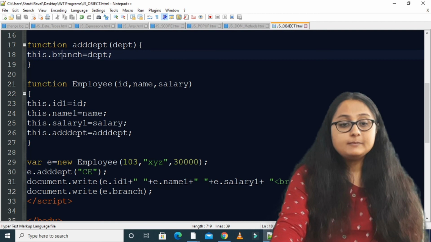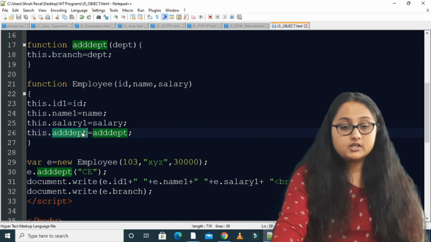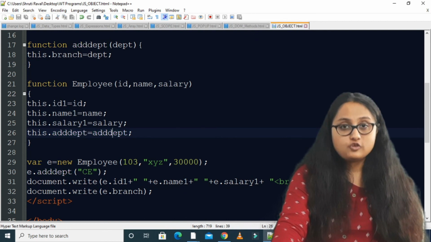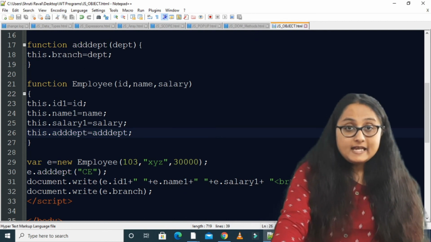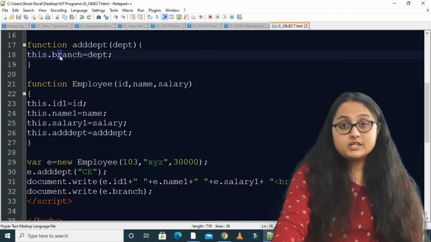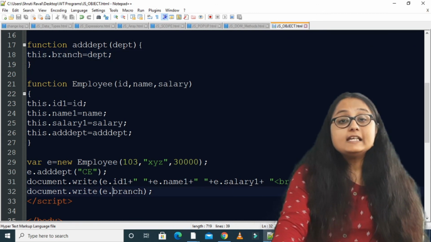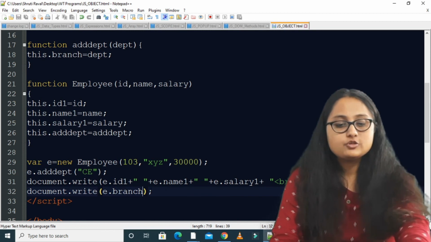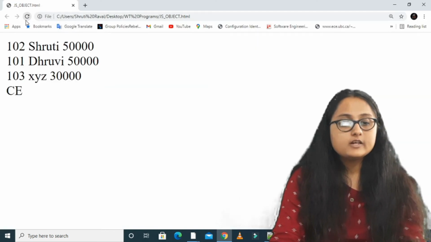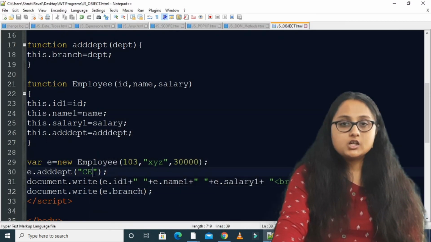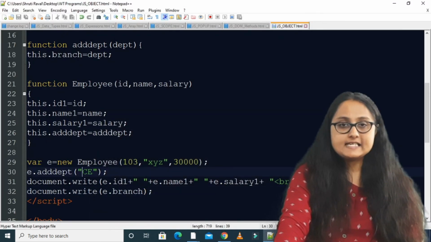The property name is not add dept over here, because this add dept is just the property which is calling this method, and at the root, the property which I am assigning is actually branch, right? So here you have to write E dot branch, and as soon as I write E dot branch over here, you run this code and you can see that I am getting the branch which I have assigned in this method, that is CE, right?